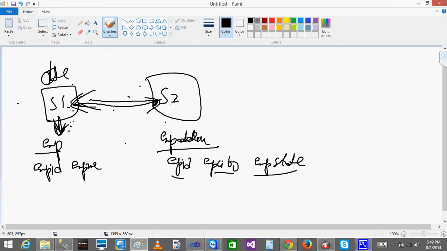And in some cases you may get a flat file instead of a table from the server. So can you join data from a flat file to a table? No, you can't.